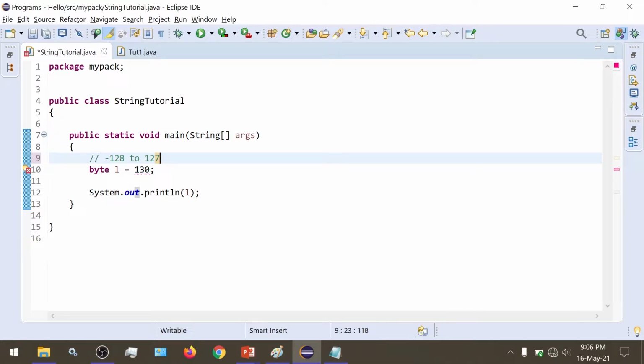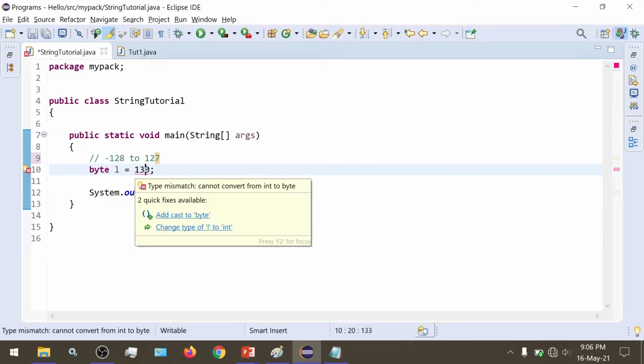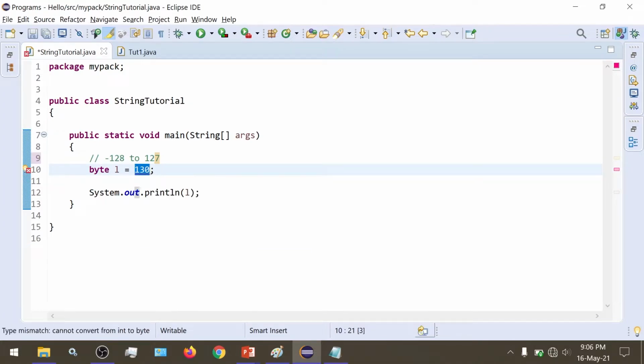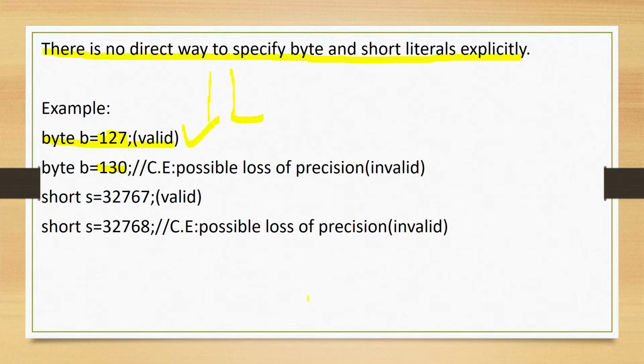Since it is till 127 and we are giving 130, it obviously cannot fit inside the available memory of 8 bits. The value 130 cannot fit inside the memory available with byte, so we are getting an error.